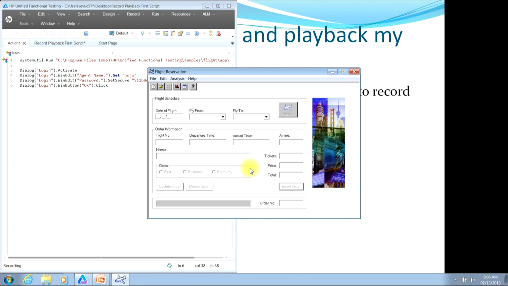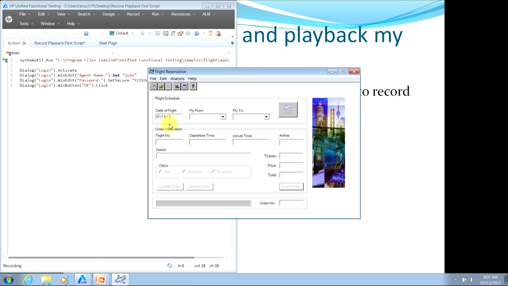Once the application has successfully logged in, you'll see the flight reservation window. You'll see that there are several inputs. What we're going to do is just enter as few inputs as we need just to get an order created so that you can see how the scripting works. The first input that you'll see at the top left corner is date of flight. What you could do is type in any date that is today's current date or a date in the near future. So go ahead and type in the date, and that is in a 2-digit month, then a 2-digit day,